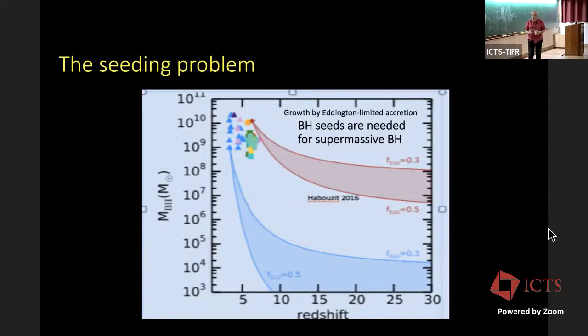Okay, so what are these seeds? They should be there because this process is not super efficient at making the big black holes. There should be many seeds left over in the universe today of intermediate mass black holes, and probably they'd be in small galaxies. That's your best guess. Those should still have them. Those small galaxies merge together with time and make the big ones, but there are many left behind. It's just naturally an inefficient process.